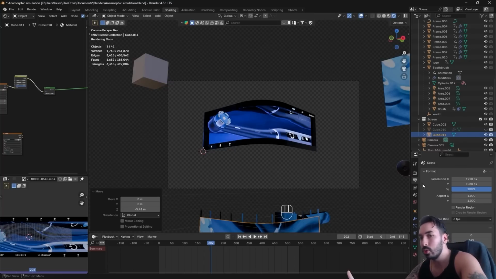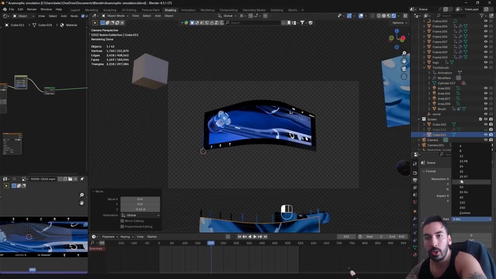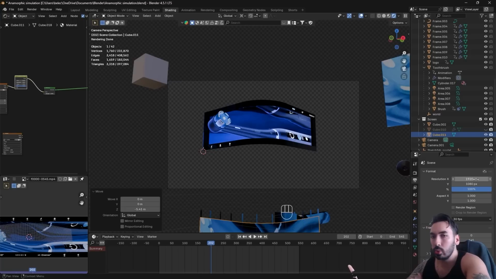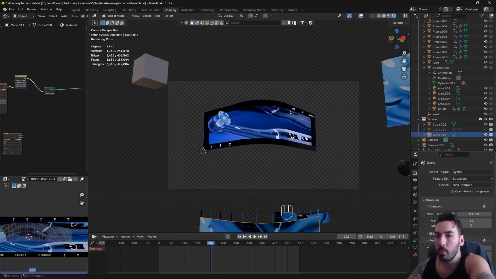To do that, you're gonna go over to your output properties, set the frame rate to whatever. Let's do 30 FPS. I'm gonna do 1920 by 1080p. You can go higher than that. Your samples, you probably want to do at least 128 if you want this to look decent. It's gonna take some time to render, but it's not gonna look bad, so this is the bare minimum that